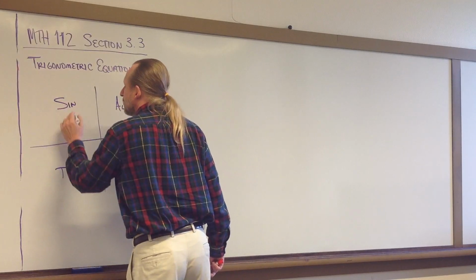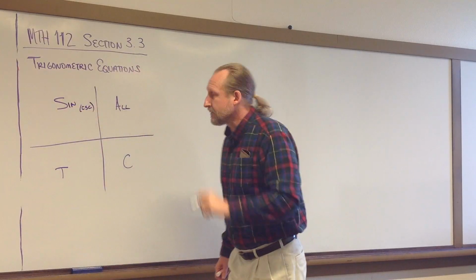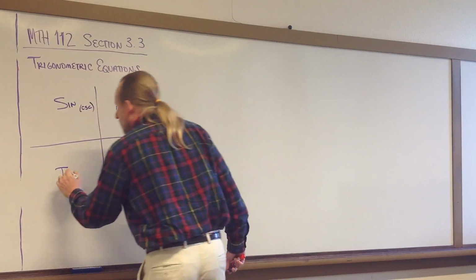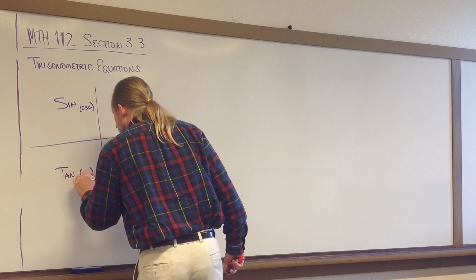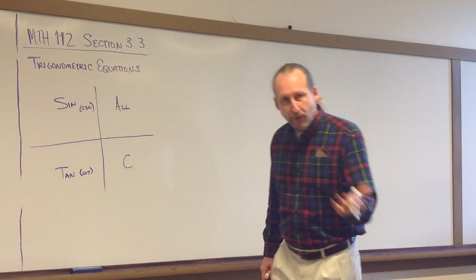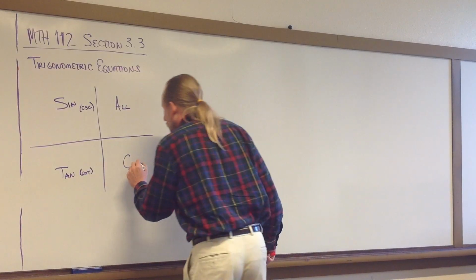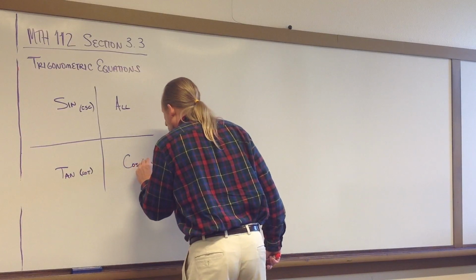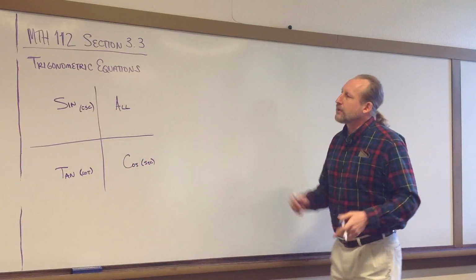In the second quadrant, the sine and the cosecant are positive, and the rest are negative. In the third quadrant, the tangent and its reciprocal, the cotangent, are both positive, and all the rest are negative. And in the fourth quadrant, the cosine and its reciprocal, the secant, are positive, and all the other ones are